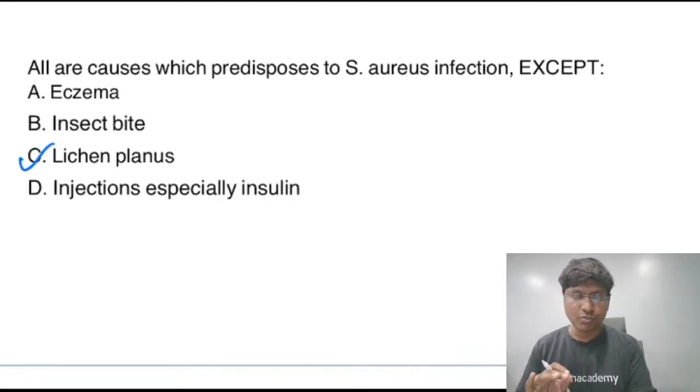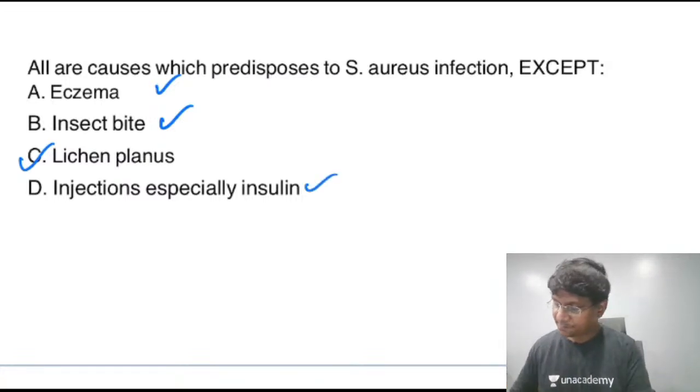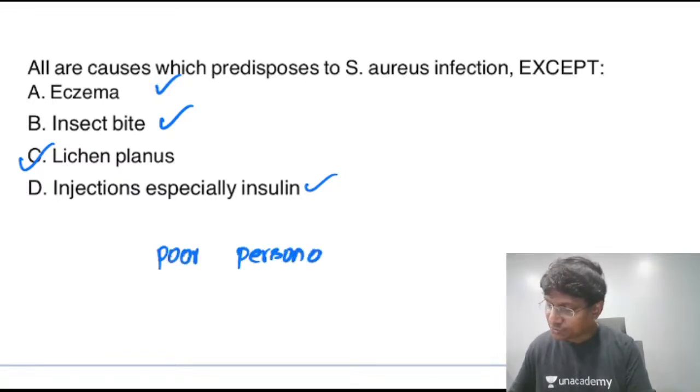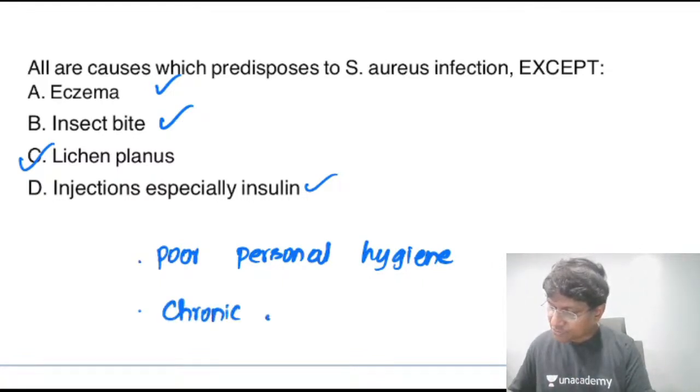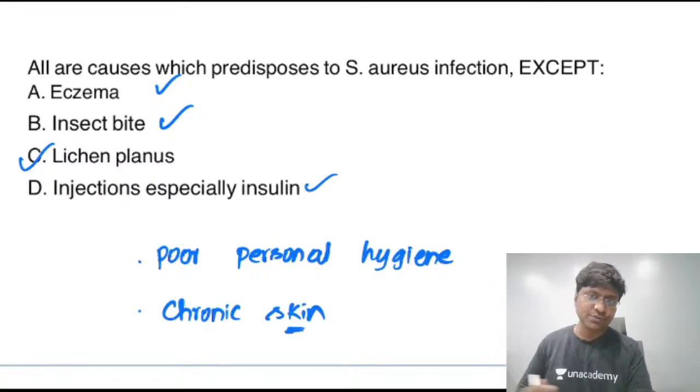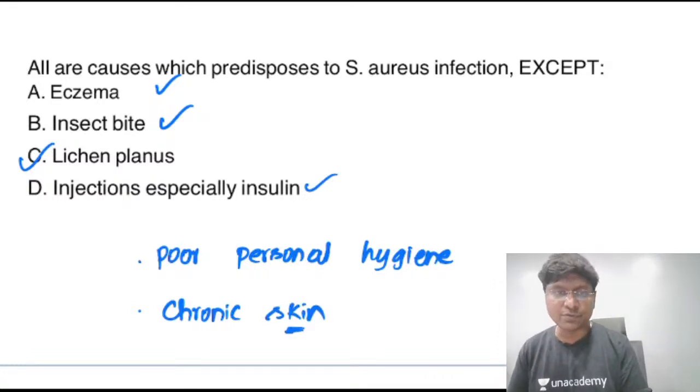So you should know what are the factors that predispose to the Staphylococcus aureus cutaneous infection. Number 1, eczema. Number 2, the insect bite. Number 3, injections, especially in diabetic patients. Number 4, poor personal hygiene. That is also the predisposing factor for the Staphylococcus aureus infection. And then chronic skin conditions, they are also the one which can predispose to the development of your Staphylococcus aureus